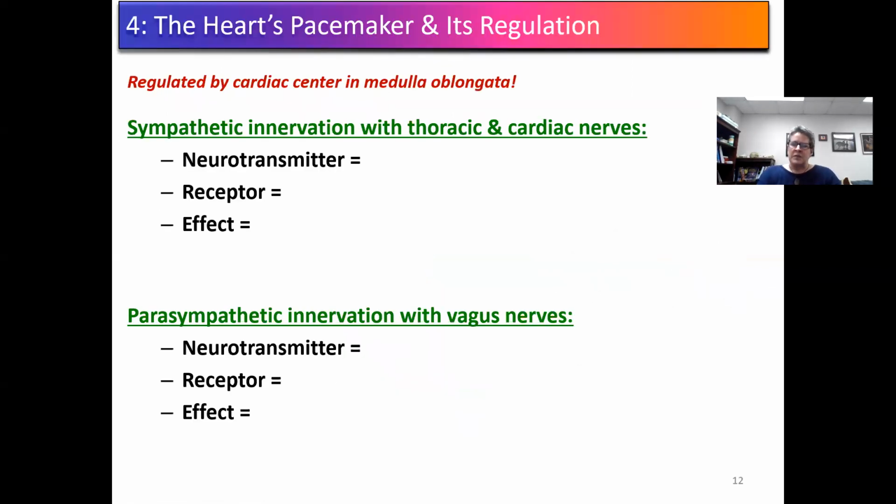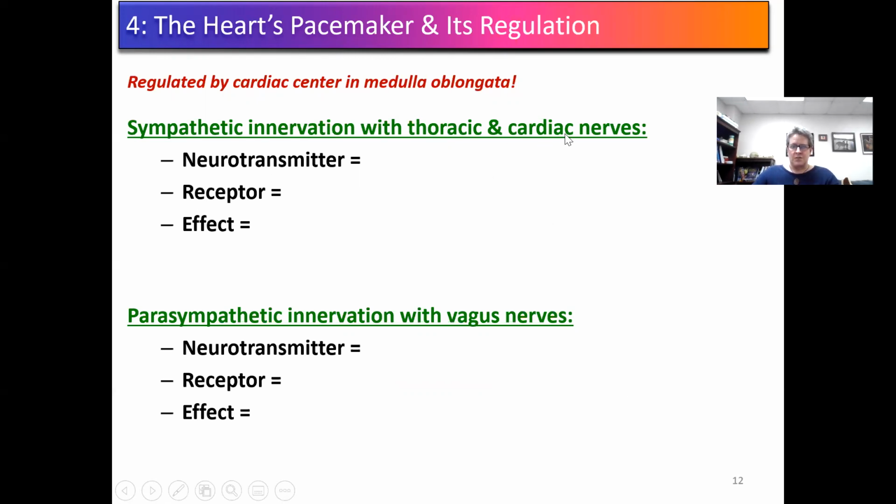So let's talk about the last thing for this lecture: how is the pacemaker depolarization regulated? Well, the signal itself is spontaneous, but what increases or decreases that rate of depolarization? Those things are affected by neurotransmitters. In order to increase the rate of pacemaker depolarization, it's going to be sympathetic stimulation, through thoracic